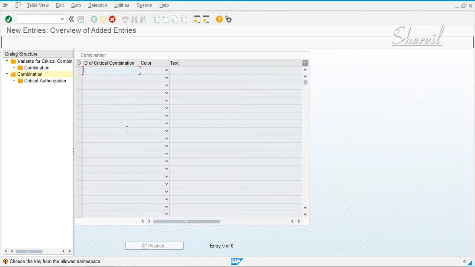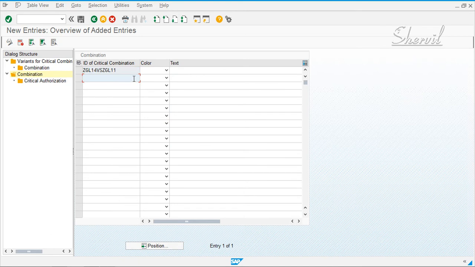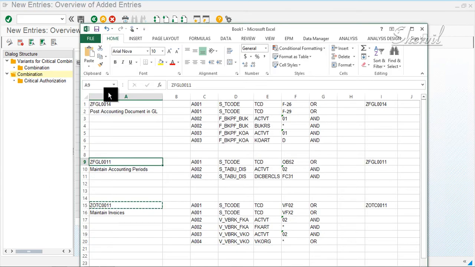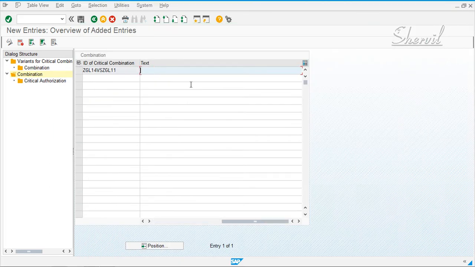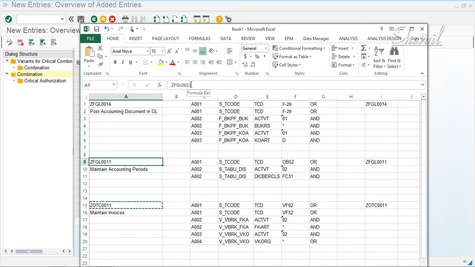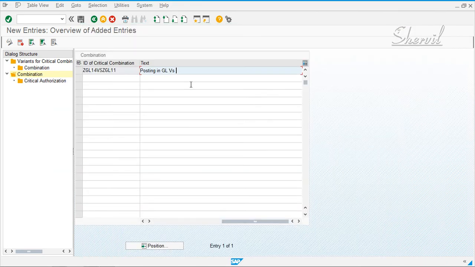So let's say ZGL14 versus ZGL11, and give a color code and a description: posting documents in GL versus posting in maintaining accounting period.